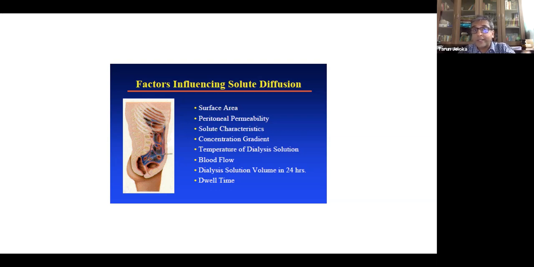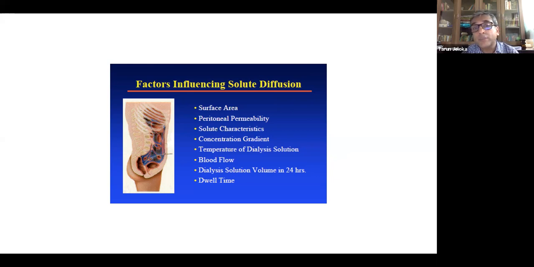Only 30 to 60% of the area is involved in actual transfer. So if anything can increase the area of involvement of the peritoneal membrane, for example, somebody who is falling short of adequacy of peritoneal dialysis and you want to increase the solute removal,